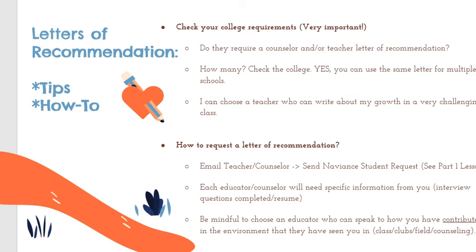So thinking about how many letters you need, who would be a good fit, and what you really want this letter to convey. We are encouraging, we've done a training with the teachers. Nobody should be repeating your resume. Your resume is already in your application. So this letter is a time for the teacher to talk about you, how they've experienced you, and in what